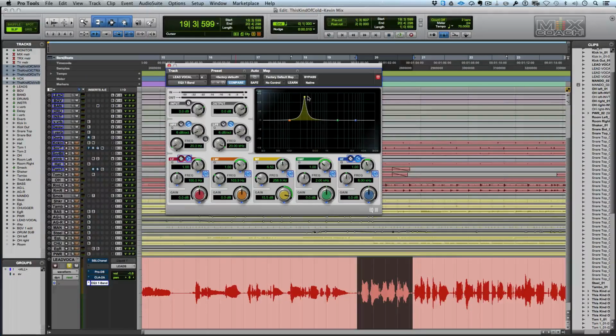That frequency right there. Now you have to look for it. It's not always obvious, but right there, we've got it boosted up, and that's where he starts to sound a little bit covered, like he's singing into a cardboard box or something. So now we know where to cut, right? So we're going to just broaden this just a little bit, and now when we listen,